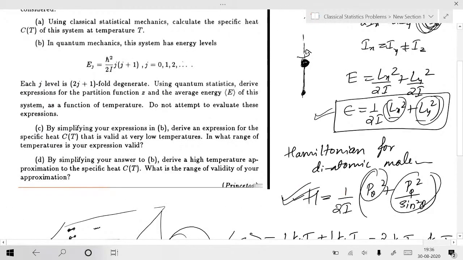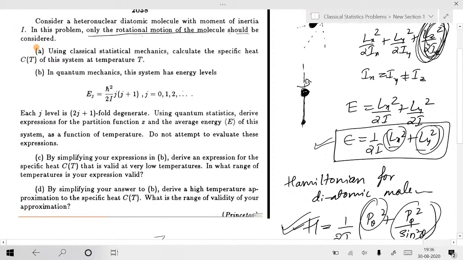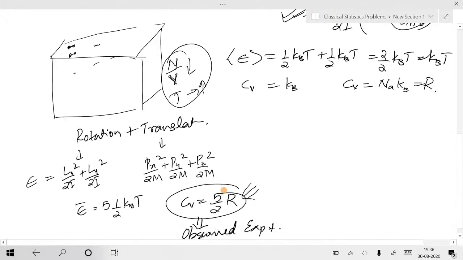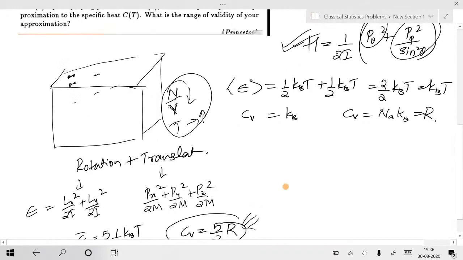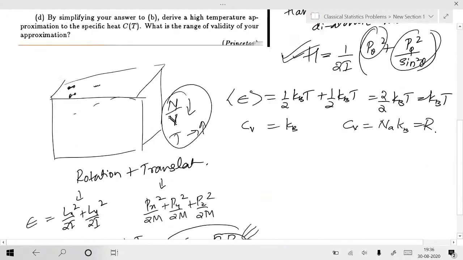Sir, at high temperature we cannot use this. At high temperature they have the vibrational degree of motion, so it will be 7 by 2. At high temperature, that is a different regime. That's a very good question. When you go to high temperature, vibrational excitation can also happen. Am I right? There exists one more vibrational degree of freedom that may contribute, so it will become 6 by 2, isn't it? No, 7 by 2.